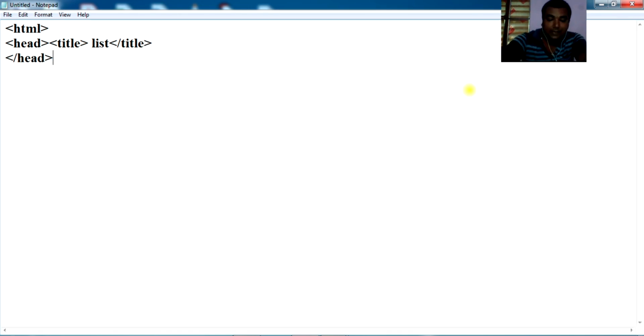After that you start the body tag. Okay, you can see here. Now suppose you have to create a list. Which type of list? Unordered list. So you type UL. After that you type list items. You can see here, suppose I am typing Sunday. Okay, sorry, you close here. Suppose I am typing Sunday. Okay, no need to close.